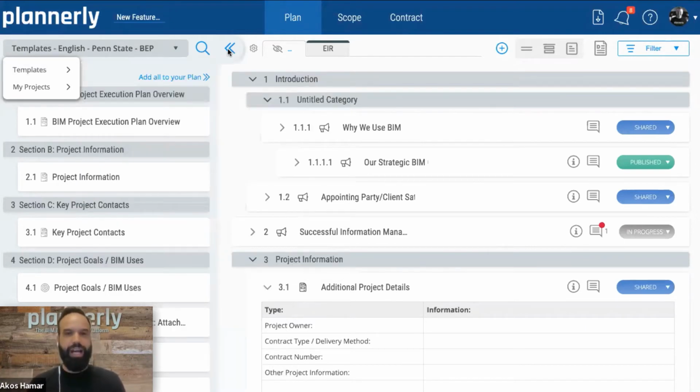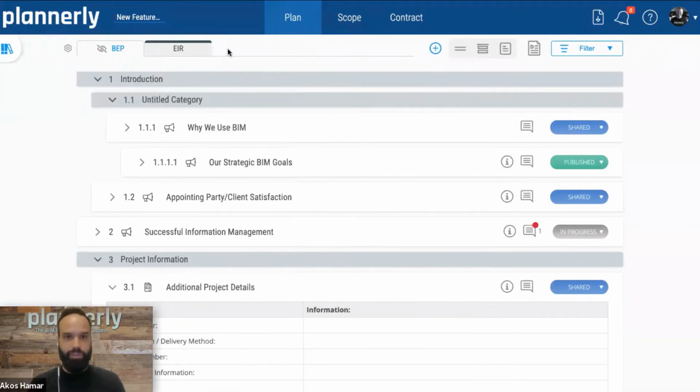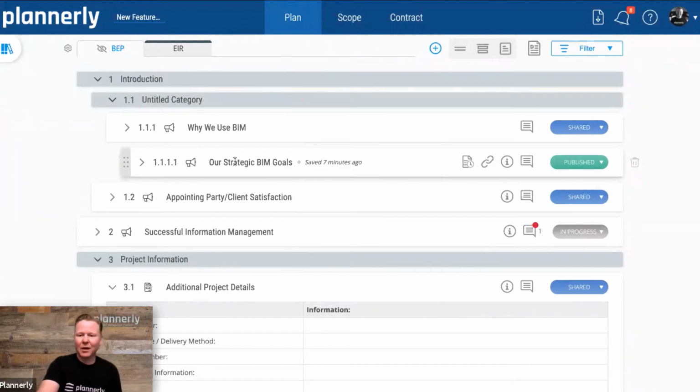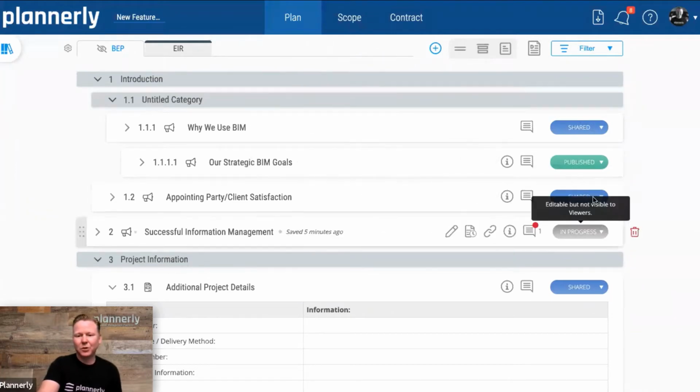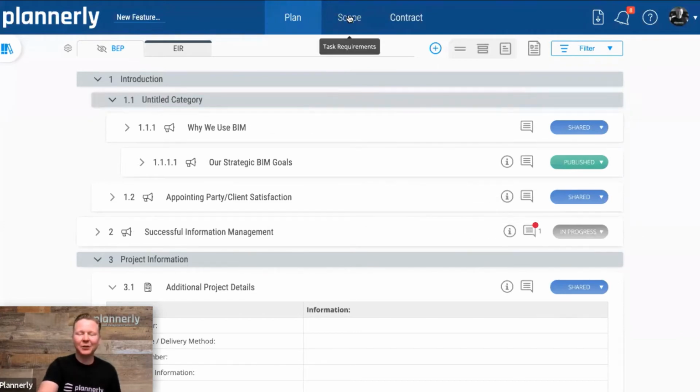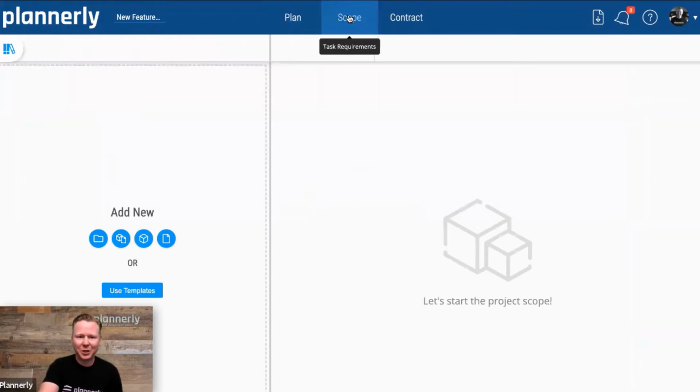Probably I will share the link on how to join those teams, if you feel like it and if you want to join these translation teams. So we've created a plan or a set of documents in the plan, restricted the access, having a set of hierarchies, going through a sharing, publishing, and commenting workflow, and understanding all the version history as we're going. Let's take a look and jump into some of the new features in the scope.